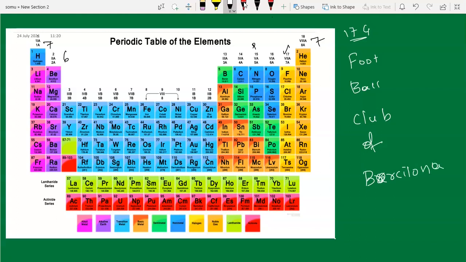Football Club of Barcelona came to India. Remaining, the last letter you can remember this At like this. Okay, that is an exception.